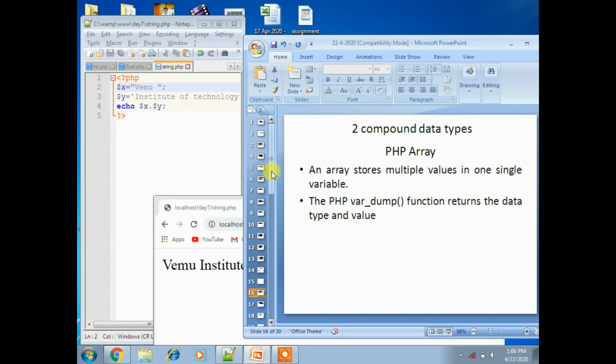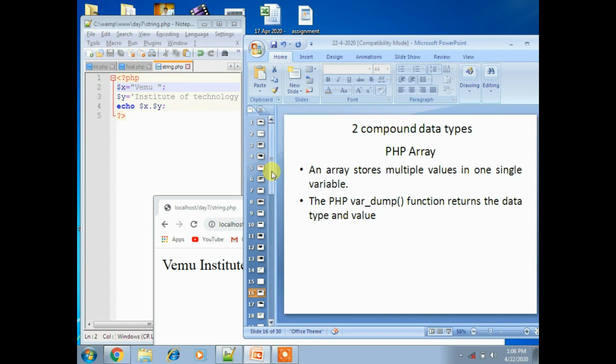I'll take one array as an example. I have taken cars as an array. In my following example, cars is an array, and by using the var_dump function I'll return the data type and value.